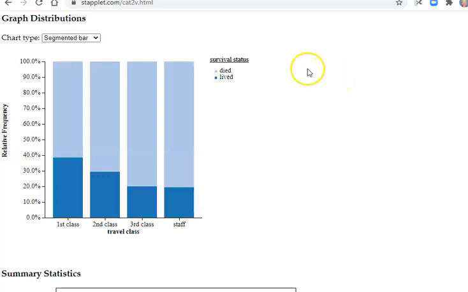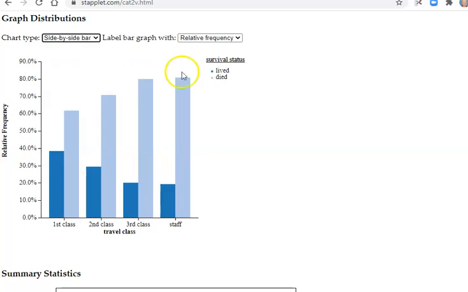Let's go back to Stapplet.com now and look at the graphs. The first graph that popped up on mine was a segmented bar, but we can choose some other things. There's also one called a mosaic plot and a side-by-side bar. So I'm going to look at side-by-side bar. We can also see that side-by-side bar has relative frequency or frequency. So right now we're going to look at a comparison between the side-by-side bar relative frequency and the segmented bar